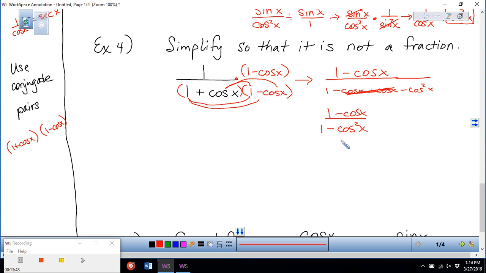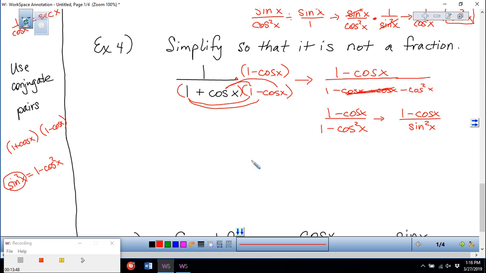Now at this point I'm going to use another identity. That identity is that sine squared of x, it's one of my Pythagorean identities, is equal to 1 minus cosine squared of x. How do you know when to use a Pythagorean identity? If you see a 1 and a trig function being squared, if that's all in the same quantity there, it's a good indication that you need to use a Pythagorean identity. So I'm going to use sine squared of x to replace it. So this becomes 1 minus cosine of x divided by